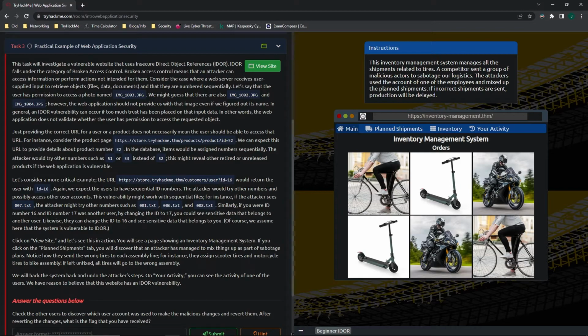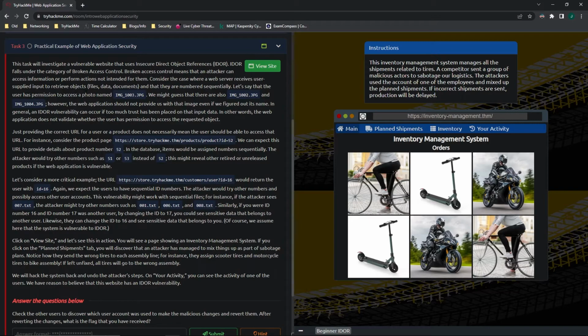And again, broken access control means that an attacker can access information or perform actions not intended for them. Going back to that example of someone in the marketing department able to read information from the finance department. But here it gives the example of somebody who has the permission to access this photo. JPEG is a photo file, and it's IMG 1003, and then somebody might guess that there's 1002 and 1004. However, even if we type that in and try to view those, we shouldn't be able to if it's set up correctly. An insecure direct object reference occurs when we're able to type that in and we're able to view it